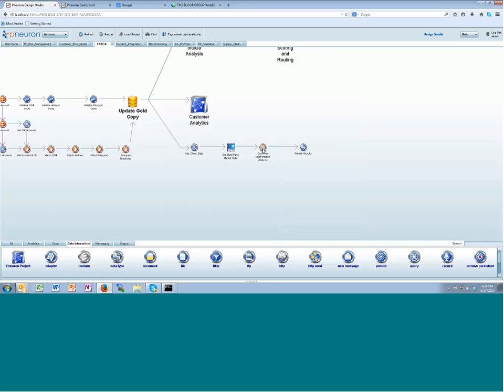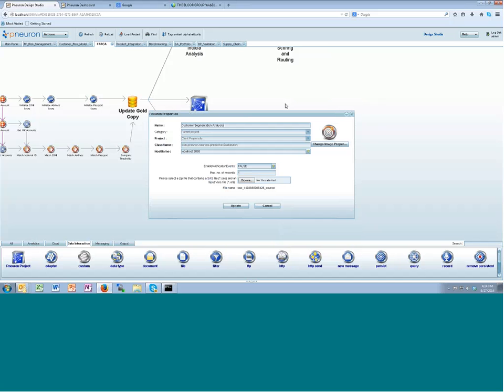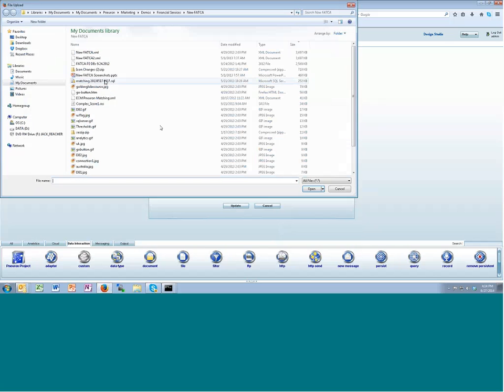A second step in this product is to now perform customer segmentation analysis. This is a SAS neuron, which is a specially licensed neuron that gives you the ability to import previously built SAS models and create an executable within the environment. Here I will import